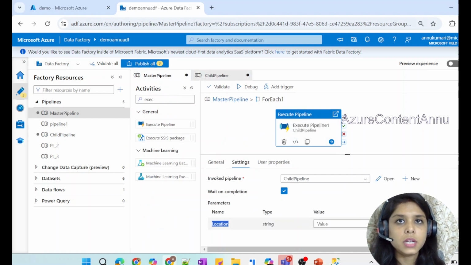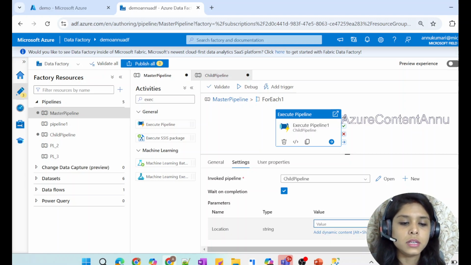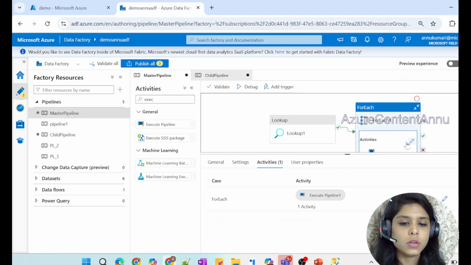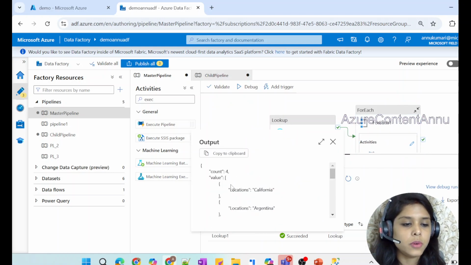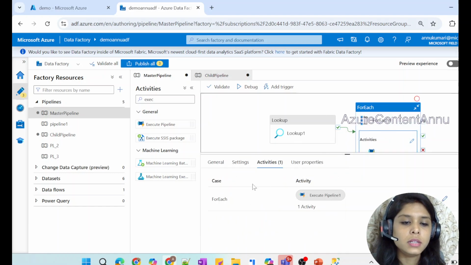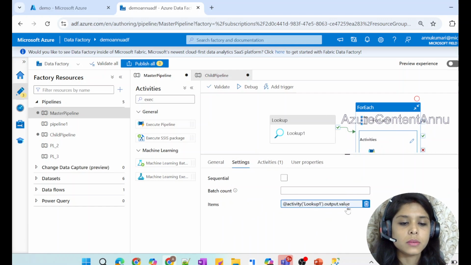So the parameter which we created in the child pipeline is reflecting here, and the value for it we have to pass here. The value that we will pass is nothing but each of the locations that is coming in the loop one by one. So the property that we need to point to is locations. In the locations property, we will have these values one by one in each iteration. Since we have pointed to the value array in this items property,